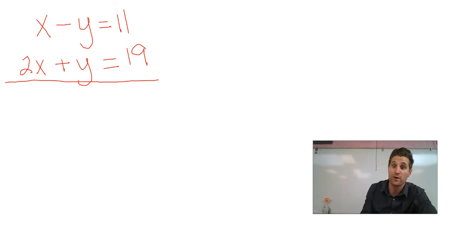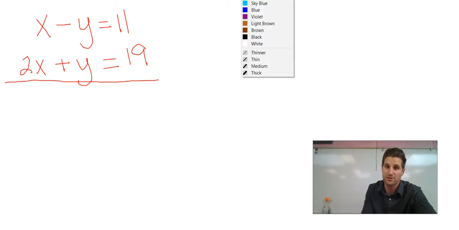So I'm doing a real easy one on this one. Sometimes you have to multiply the whole equation by a number to get something to cancel out. Because right now, x and 2x, they're not going to cancel out. I would have to multiply the top whole equation, everything through, by -2 to combine them and make something cancel out. But I'm in luck here because